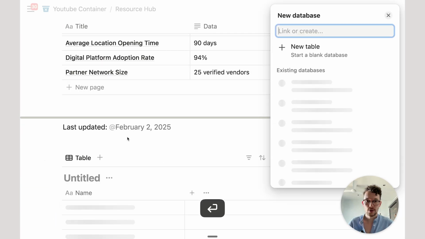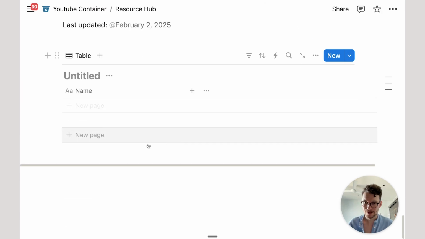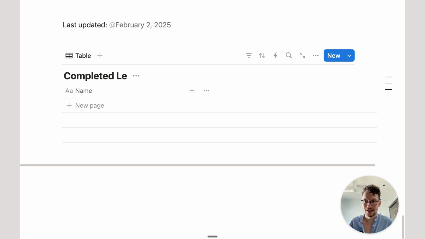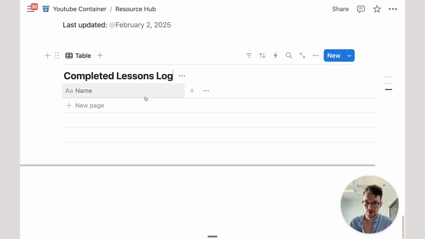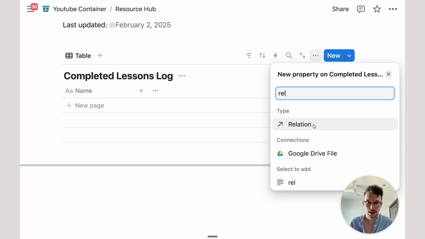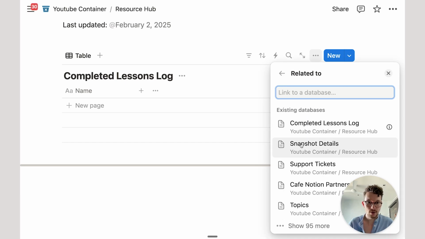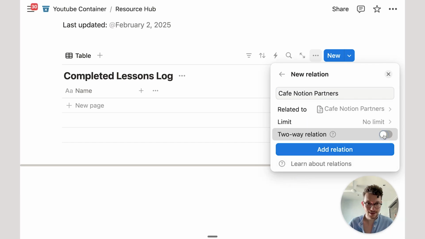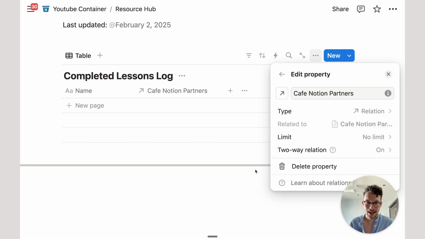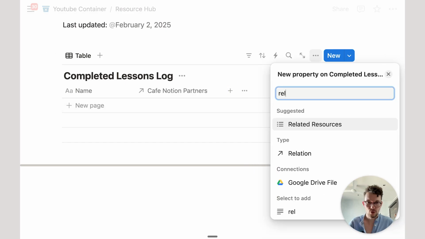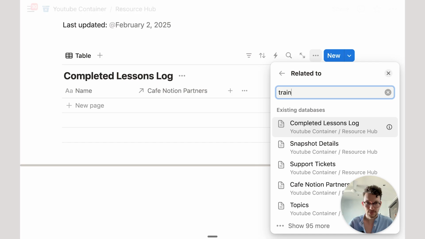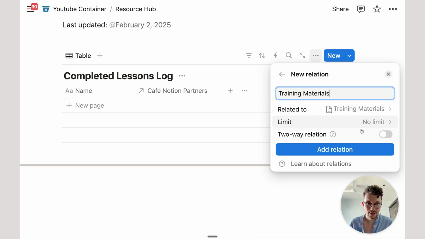And this database will be a so-called join table. Basically, what it will record is whenever someone watches a lesson. Let me show you what it means. Let's call this completed lessons log. And what we'll do here is we'll create a relation from our completed log to our Cafe Notion partners. There will be a two-way relation, and we will also create a relation to our training materials. Perfect. And also two-way